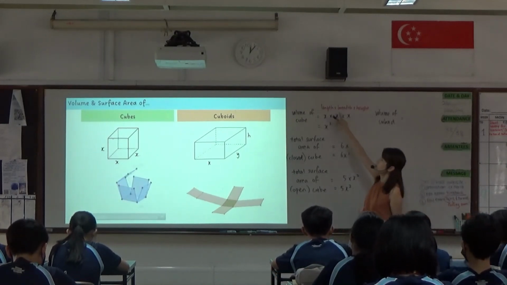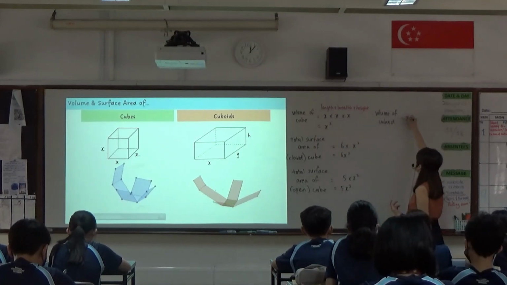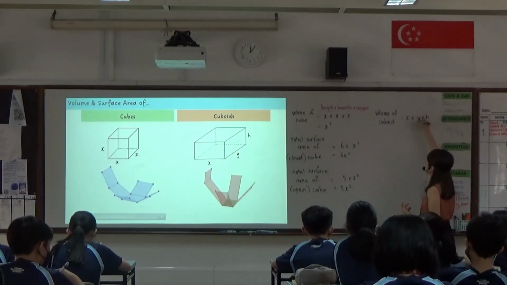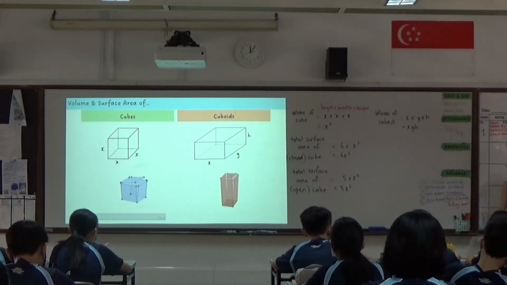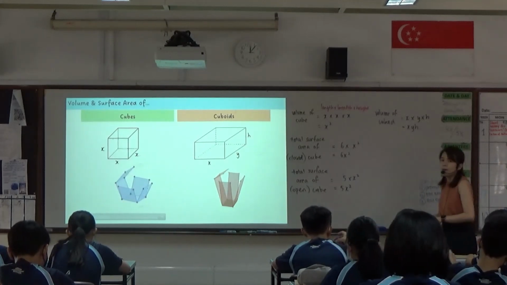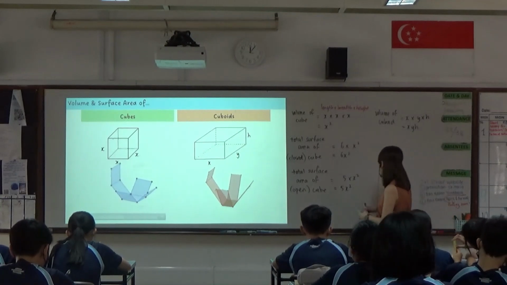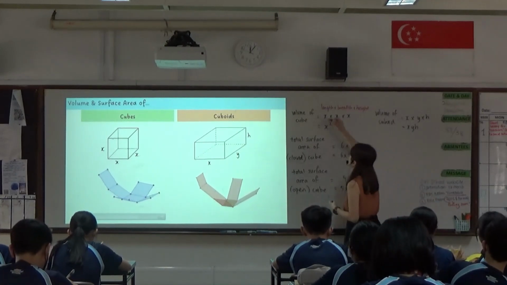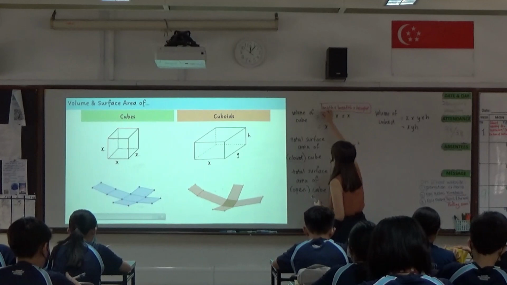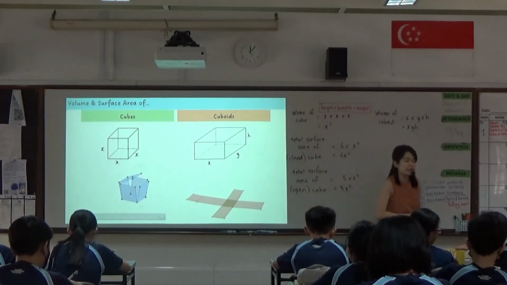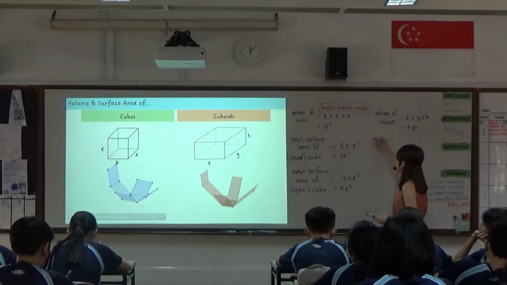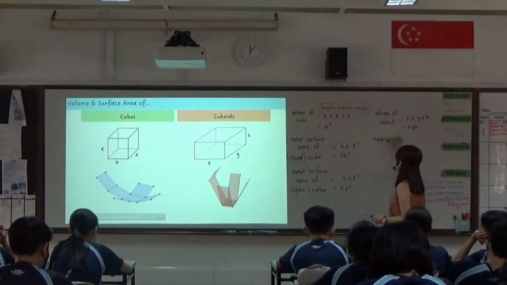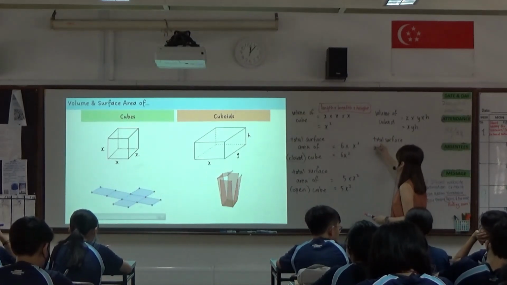By the same formula, x times y times h, or in other words, xyh. But what I usually recall is length times breadth times height, because all the letters over here can change according to the question. Then similar to your cube,